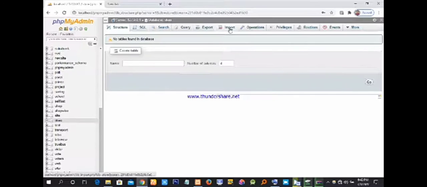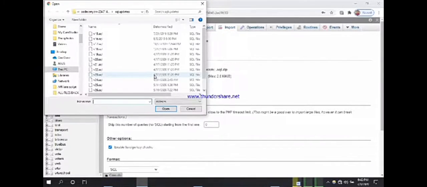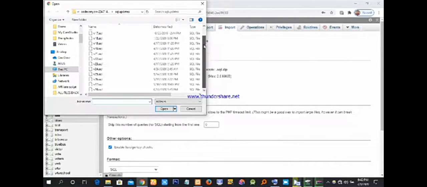Let me break this down. So how do you upload your database? You see we are on the store database. So you click import. Import, you see this choose file. When you click on it, it's going to show you where you can select it. Okay, I've extracted it before. I'm going to select the database